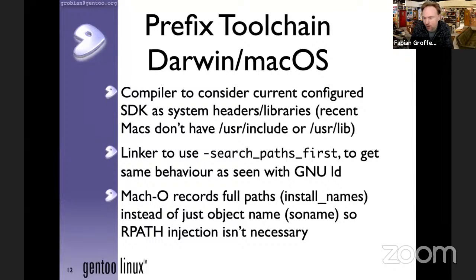Well, in the Mach-O file format, you don't have rpath. We actually have rpath in recent editions, but they record full paths, so they don't have the problem that we have with ELF. That's nice, but it also means that in that case it isn't doing anything special. So basically, it contains all kinds of alternatives that it knows for the current path, such that from a usage point of view, as a prefix user, it works the same on a Linux host as it does on, for instance, a macOS host.